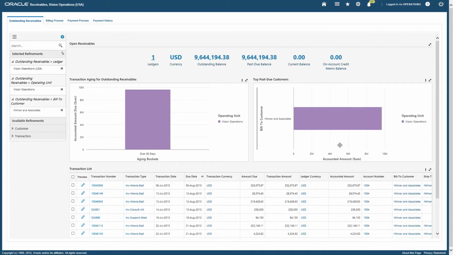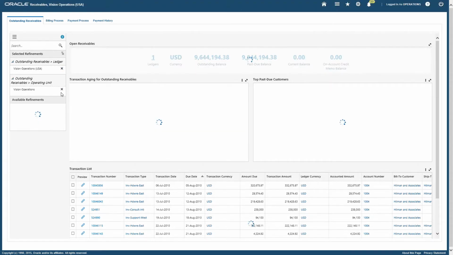With the outstanding receivable dashboard, we can monitor the health of outstanding receivables, follow up on payment commitments, and assess the aging distribution of current and past due transactions. As you can see, let me remove the filter first. We can identify the transactions that are in a problematic situation, and we can negotiate our past due invoices.